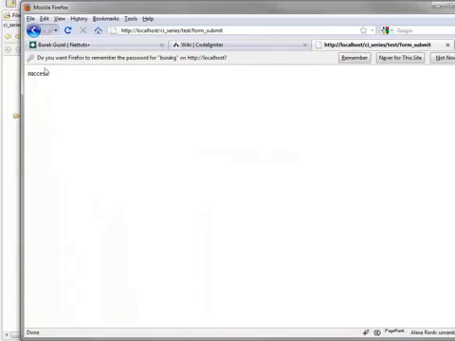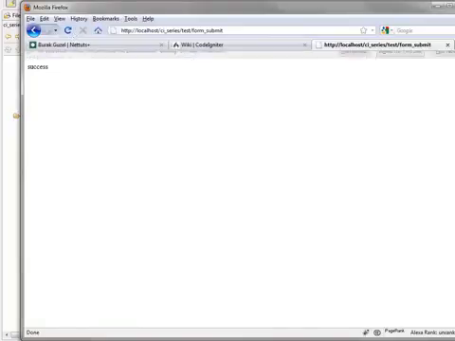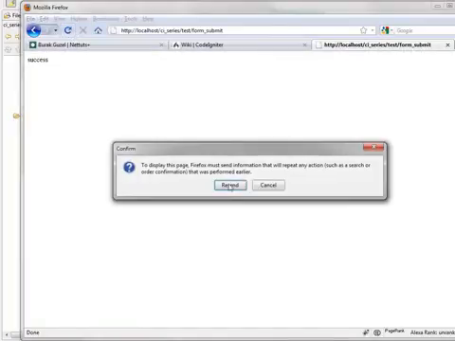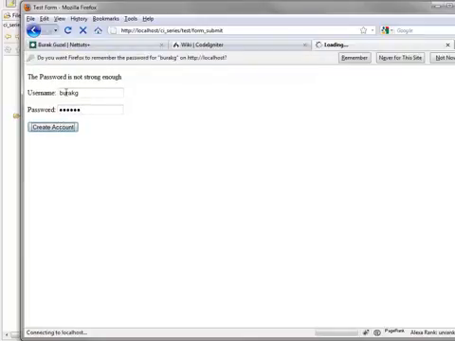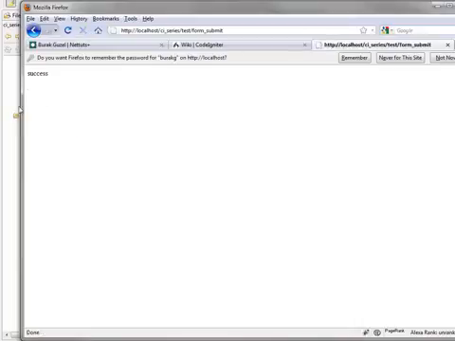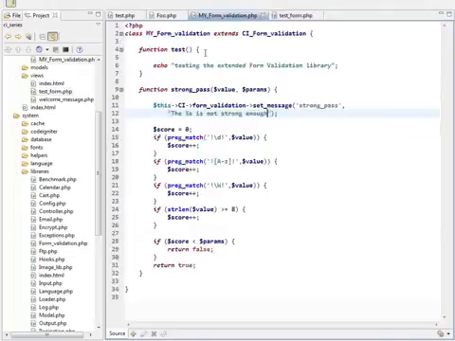Now this was giving a success. I'm going to try the same input that was 1 2 3 4 5 6 for the password. Now I get the password is not strong enough. So I can do ABC 1 2 3, which should get a score of 2. It's still not good enough. So if I do something really random with numbers in it and long enough, then I hit it and I get a success. So as you can see, you can add really custom form validation rules like this,